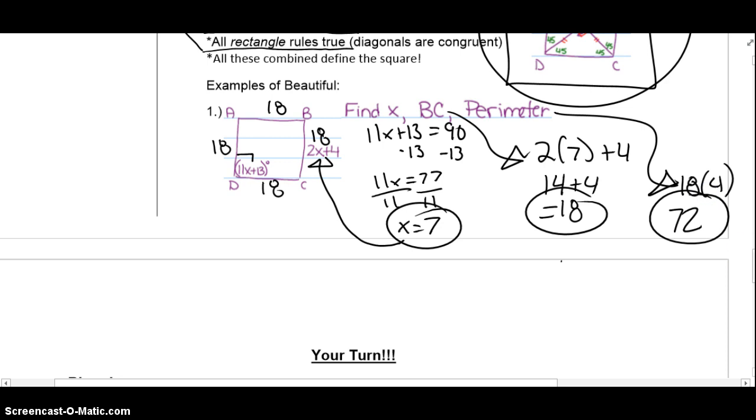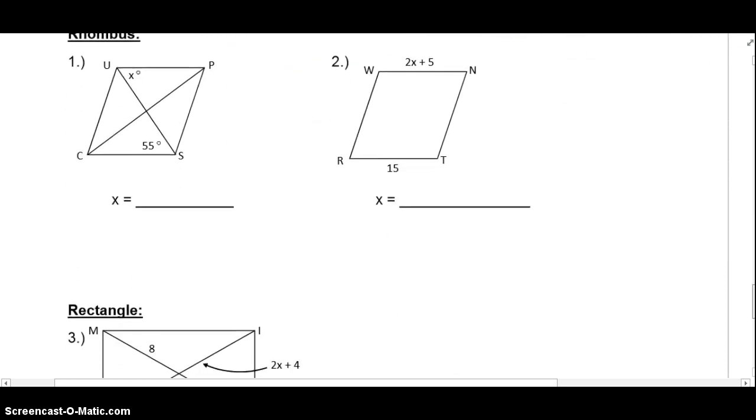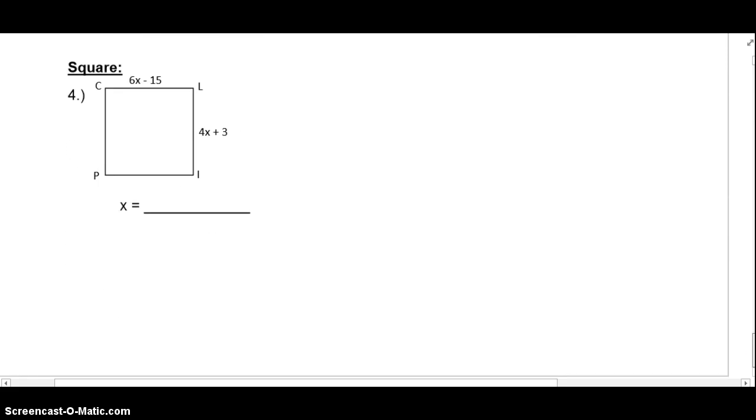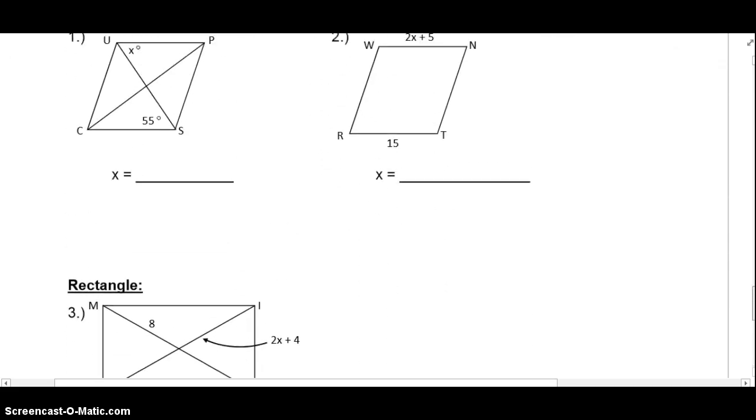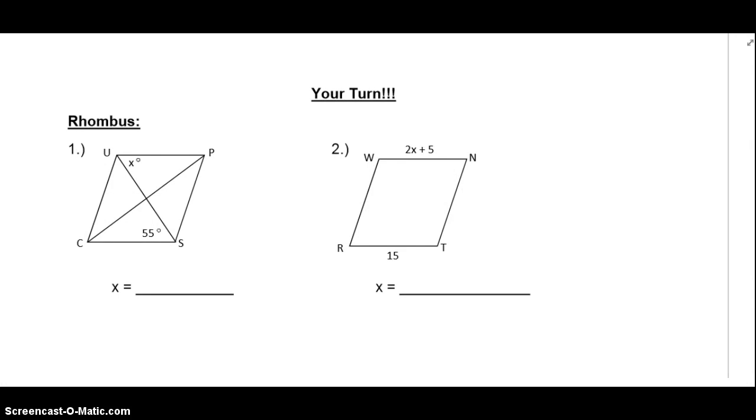All right then, ladies and gentlemen, this whole next page is all your turn. I want you to complete these problems of greatness and wonder to help out with your education. So please make sure you get those done,